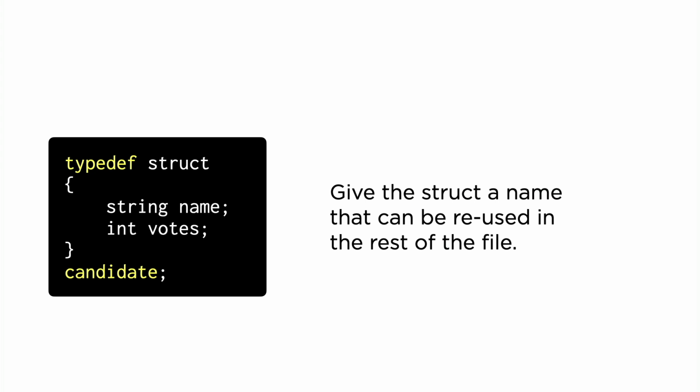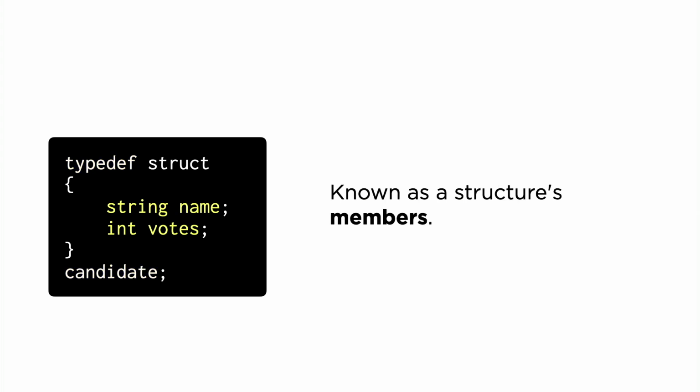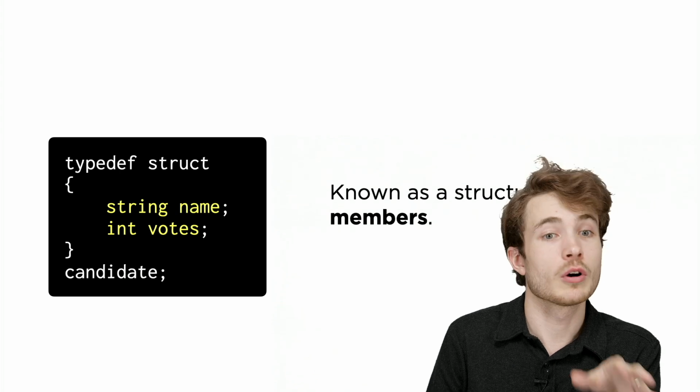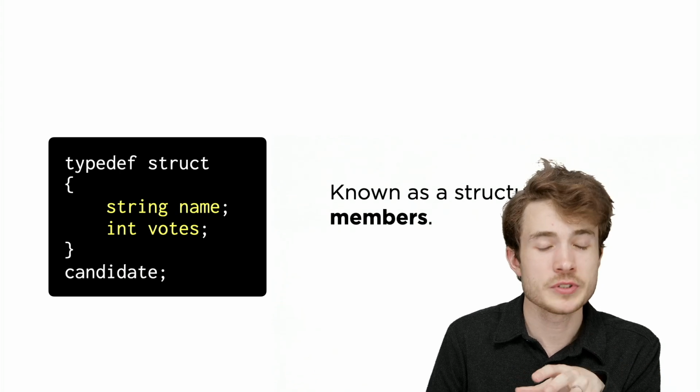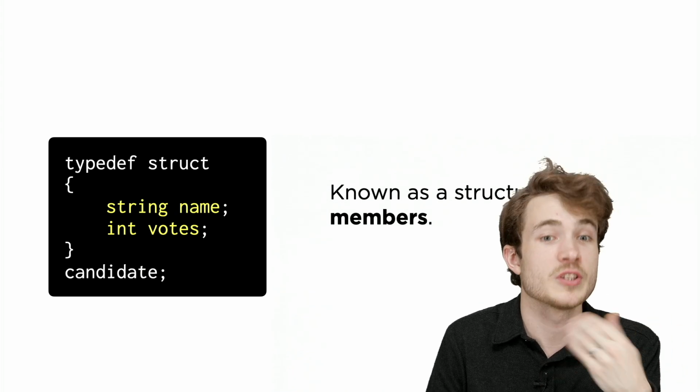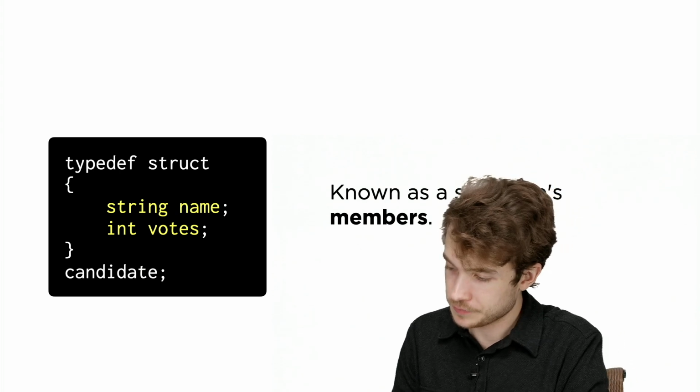And then inside here, we have what we call the members of the structure. That is, what kind of data are we going to encapsulate or consider to be part of what it means to be a candidate? So here we chose just the name and the number of votes for a candidate, but you could very well have, in this case, their age, their party, and so on. So all we're doing here is saying that these two pieces of data, one a string we'll call name, and one an integer we'll call votes, are now part of this more general data type called a candidate. And we can reuse that type throughout our program.